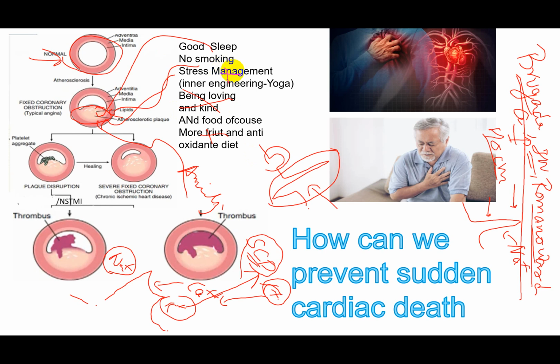So what is happening is, all this did not come all of a sudden. This was developing, but for the people who are fortunate or lucky, they develop this kind of plaque which is stable. Get it? So when they have a stable plaque here, like this, even if this is blocked,